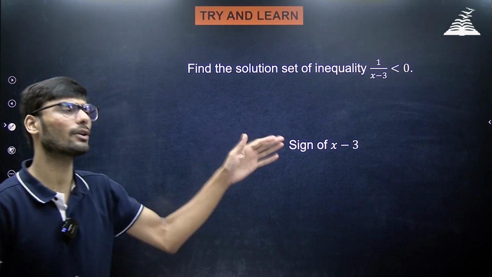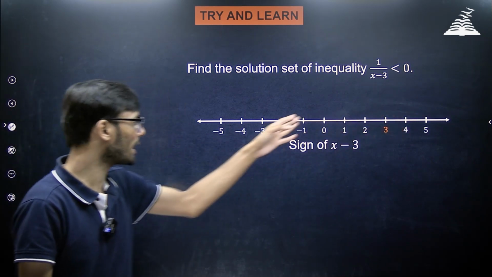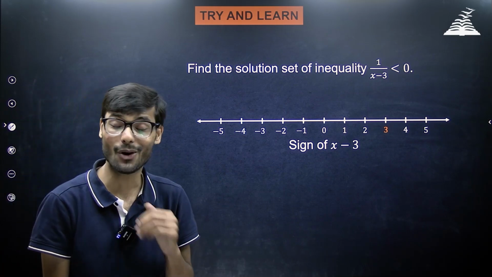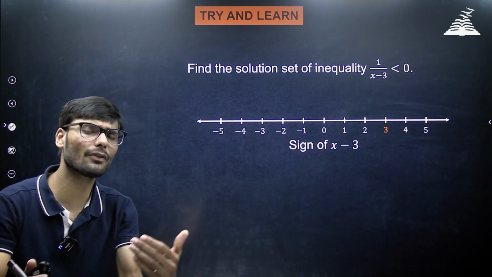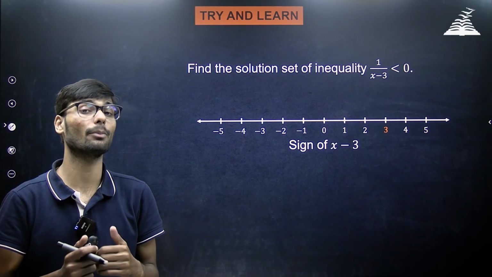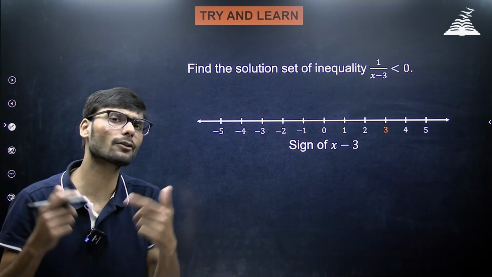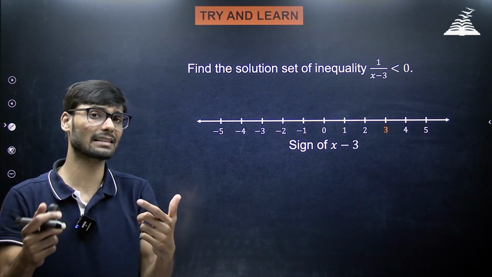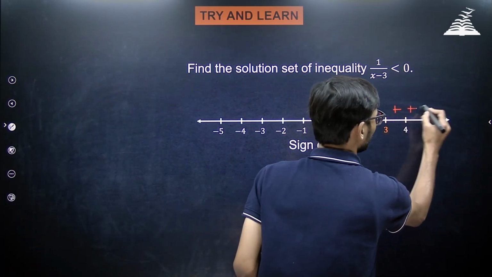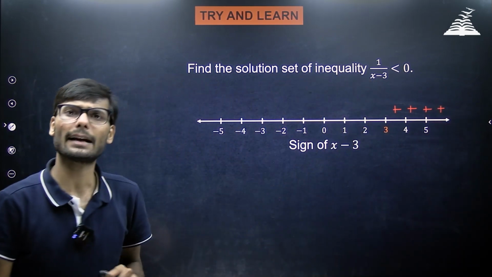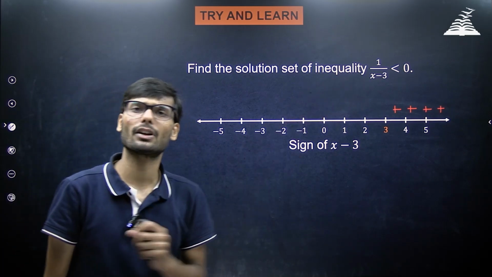How do we plot a sign? We'll draw a number line and let's mark the numbers on it. So 0, 1, 2, 3 and so on, and here we have minus 1, minus 2, minus 3 and so on. Now 1 upon x minus 3, but we are plotting sign of x minus 3 because sign of x minus 3 and sign of 1 upon x minus 3 will be the same. Okay? Now if x is greater than 3, x minus 3 is going to be positive, right? So I'm going to put plus plus here because this denotes that if I pick a number on the right hand side of 3, my expression will be positive.